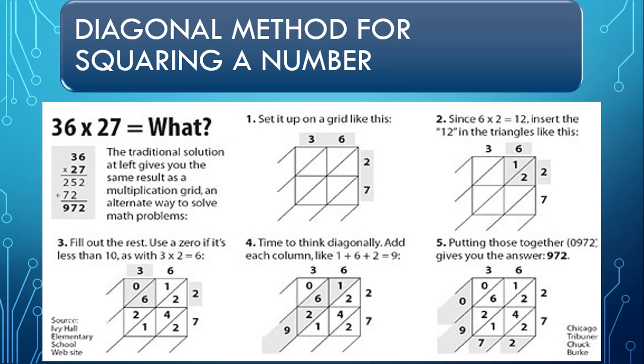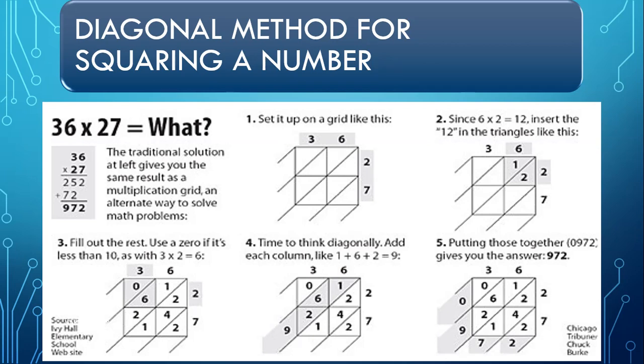You can also see that 2 is added and we put the value below; after that there is no carry, that's why we add 4 plus 2 plus 1. 4 plus 2 is how much? 6. 6 plus 1 equals 7. So we put down 7. Next is 1 plus 6 plus 2 equals 9, and we write down 9. And the upper triangle is only 0, so we put down 0. Thus our answer is 972.